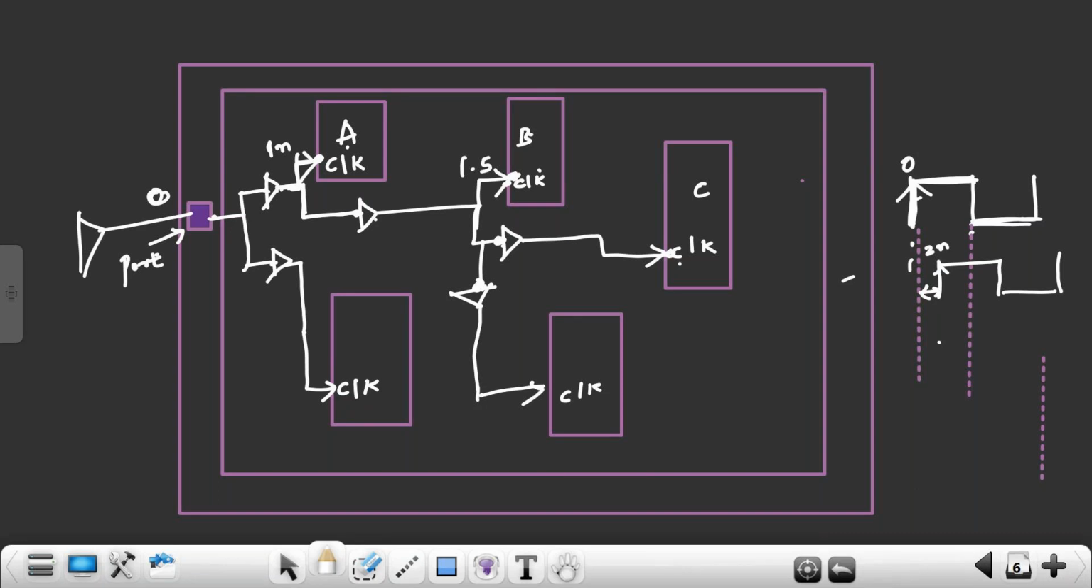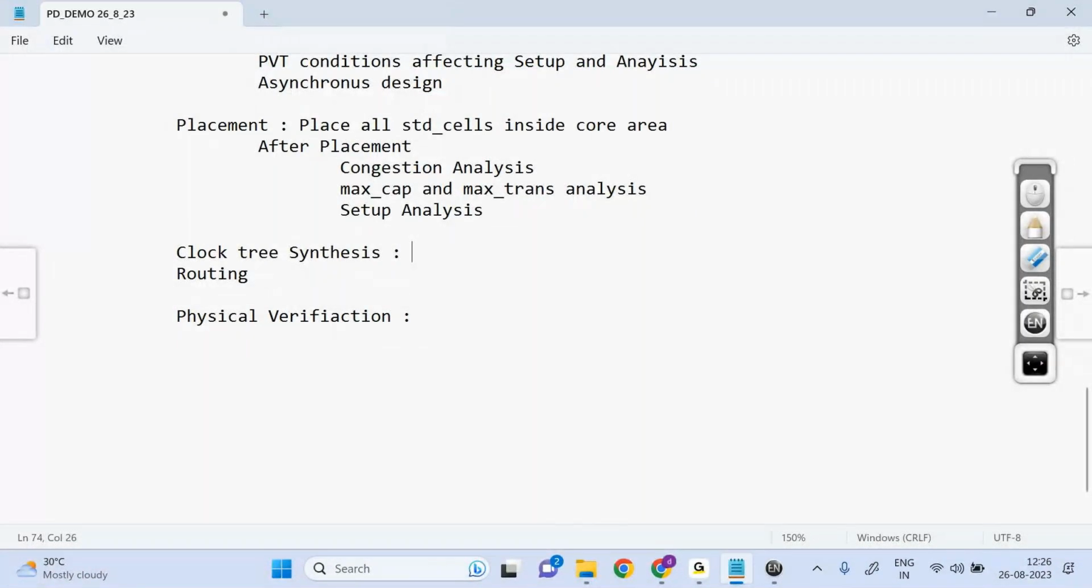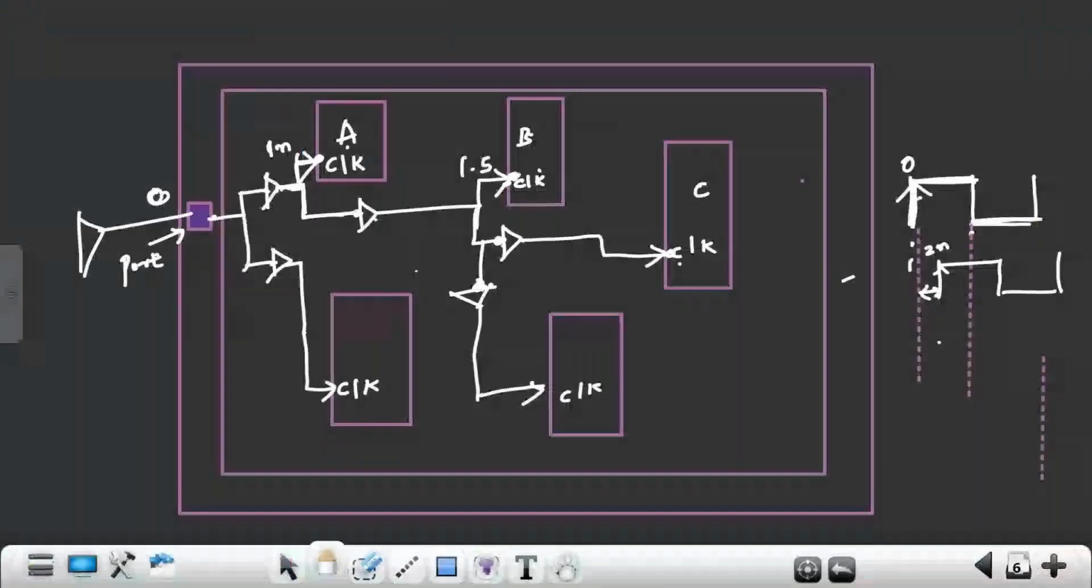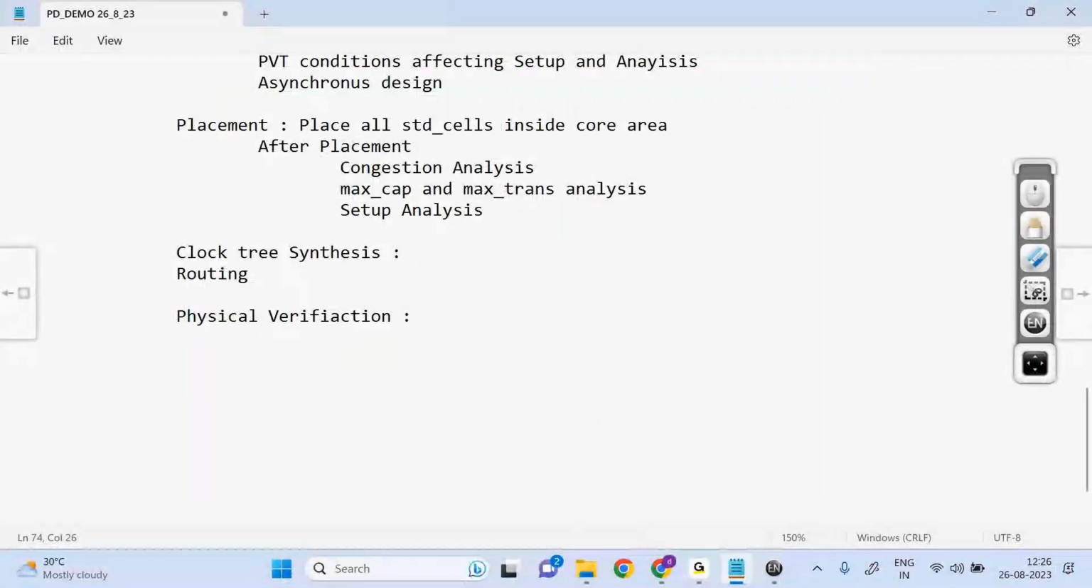So for this reason, to reduce the load on the clock port, we do clock tree synthesis, which means building the clock tree. Now the clock tree has been built. This is connected to two buffers, and this buffer is connecting to one flip-flop and another buffer, and this buffer is connecting to one flip-flop and another buffer, and this buffer is connecting to the flip-flop. A clock tree is built in the clock path. So this is called clock tree synthesis. Clock tree synthesis means building a clock tree